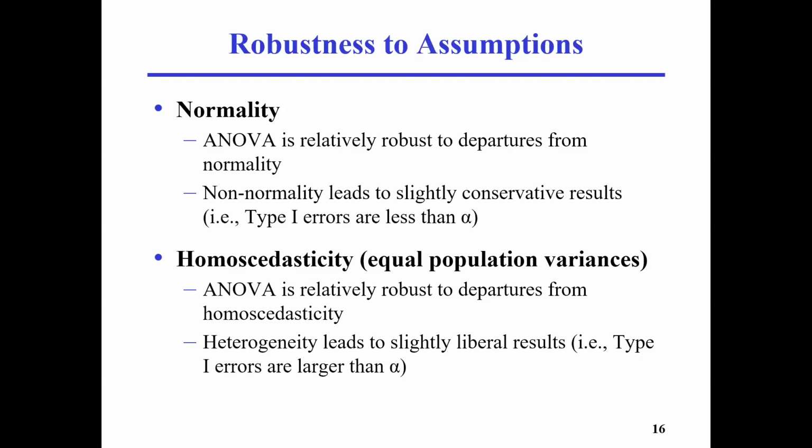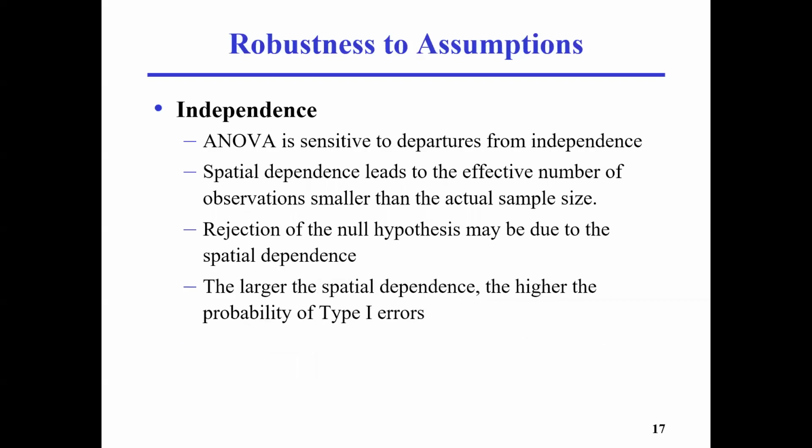So ANOVA's result is not very sensitive to departures from the assumption of equal population variances. So normality and equal population variances are assumptions, but ANOVA results are not very sensitive to these two assumptions. But the third assumption, independence, ANOVA results are very sensitive to departures from independence, which means that in order to get an